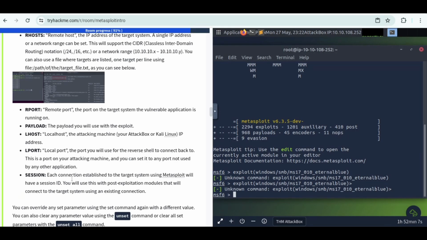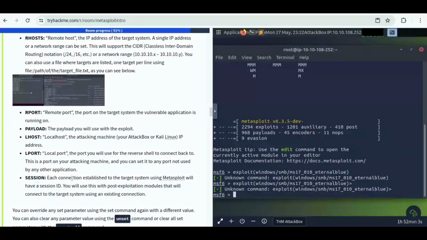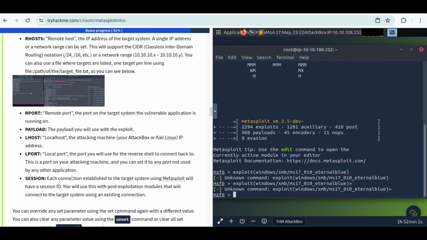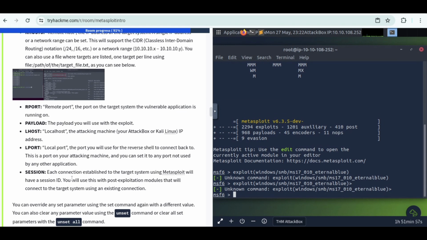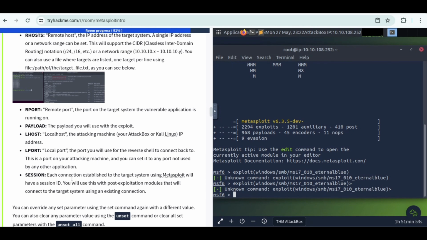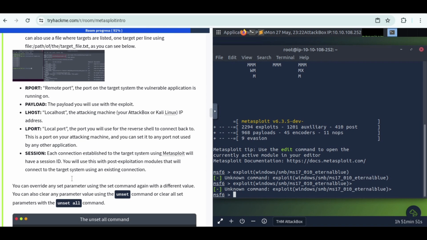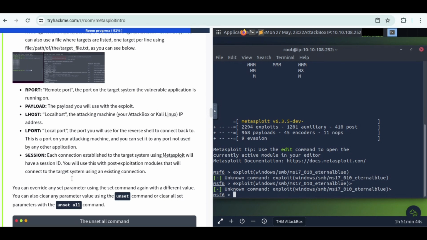RPORT, remote port, the port of the target system. The vulnerable application is the payload. The payload you will use with exploit. LHOST, localhost, the attacking machine, your attack box or Kali Linux IP address. LPORT, local port, the port you will use for the reverse shell to connect back to